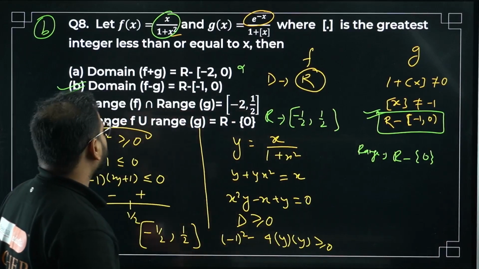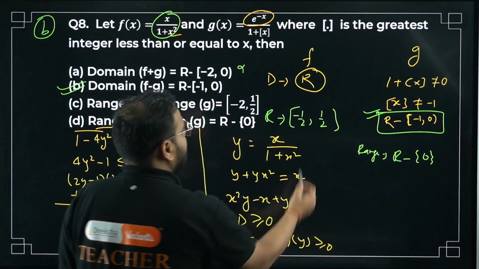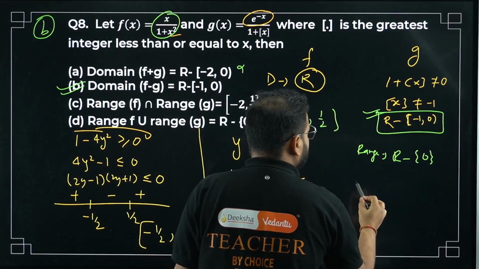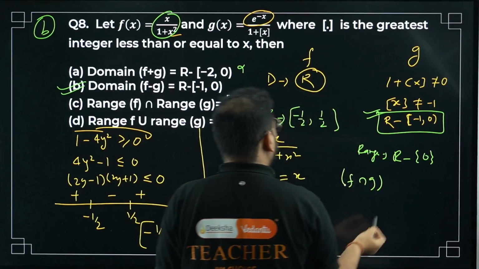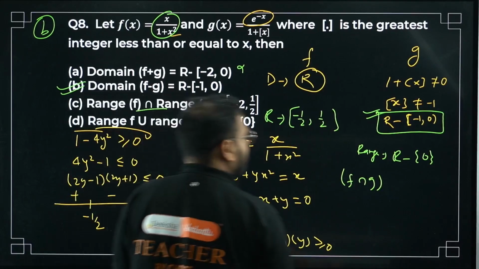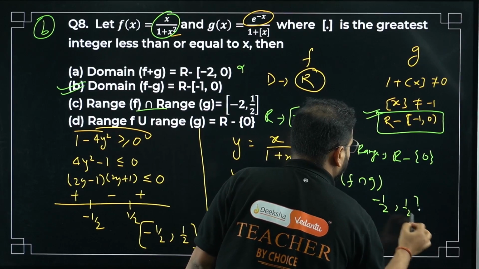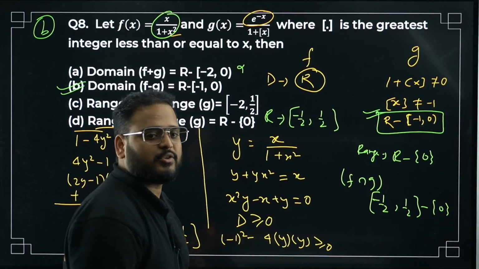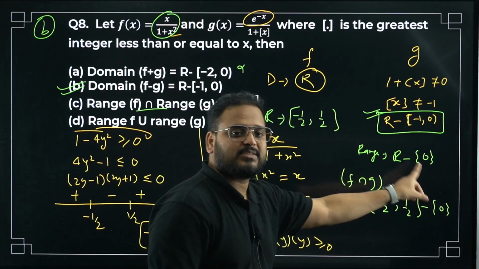Okay. Intersection of that, check this out, will be this only, no? What is the intersection, bacha? It will become -1 to 2. So your range will come for f intersection g, sir. Intersection of range: -1/2 to 1/2 closed, subtract 0 from here. So -1/2 to 1/2, but 0 cannot be there. That's what the intersection is.